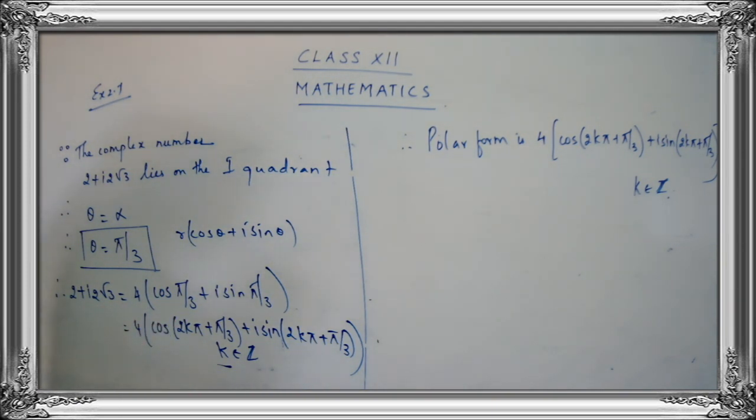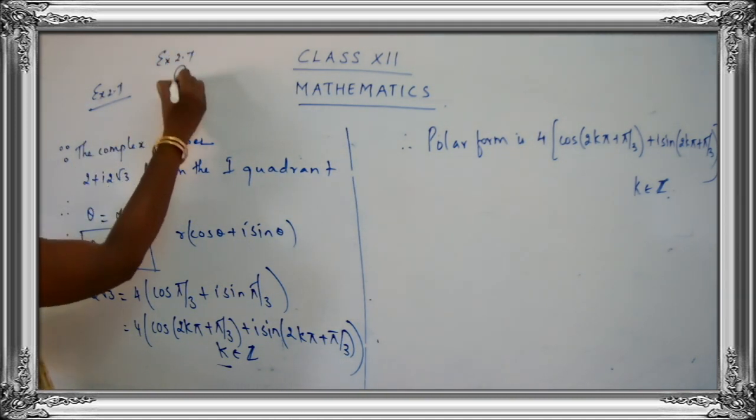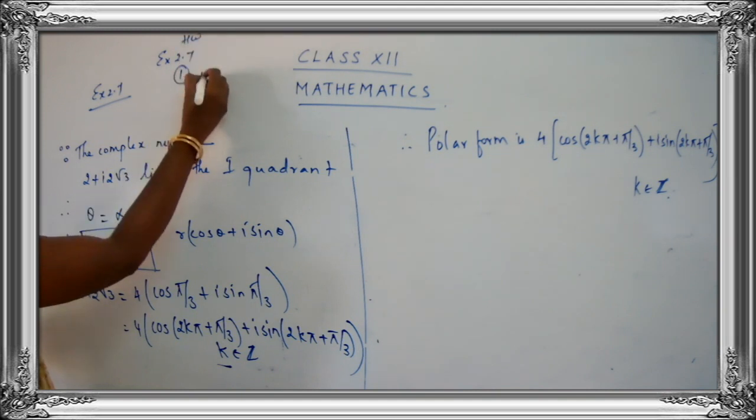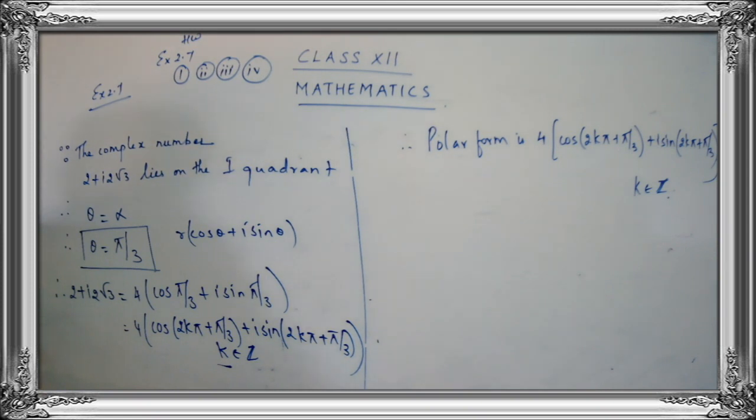Okay, children? So try out. Subpart 2 is easy. Subpart 3 is easy. And for subpart 4, the denominator part is already given in the polar form. So you are not going to do anything to the denominator part. You are only going to change the numerator part. Okay, children? So complete the work. So you have to complete question number 1, exercise 2.7, question number 1, first, second, third and fourth subparts as your homework.